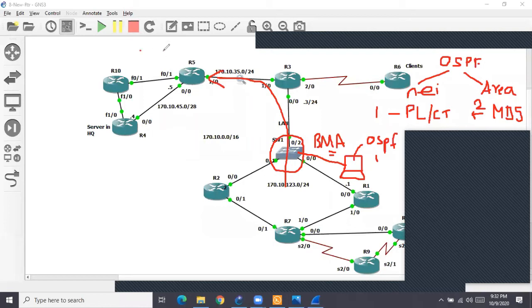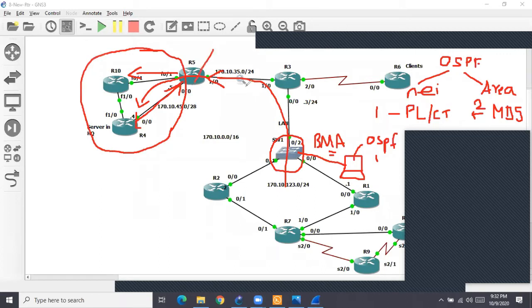But this side is area 45 and their neighbor is also already up, even though we have done authentication. But R5 is not sending the routes here. Why is area 45 getting isolated? Now R5 won't even send to this guy also. Why? Because now our area 45 gets isolated. Why should it get isolated? Is there already a virtual link? Yes, the virtual link is already there between R5 and R3.